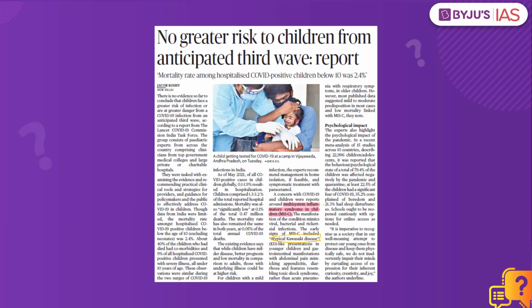The article here makes a mention of what is called as the multi-system inflammatory syndrome in children. What is this syndrome all about? Let's say there is a child or number of children who are infected by COVID-19. Whenever it hits a particular child or number of children, what happens? There is a general tendency that they'll be infected very mildly. But in some exceptional situations, the impact may be huge as well.